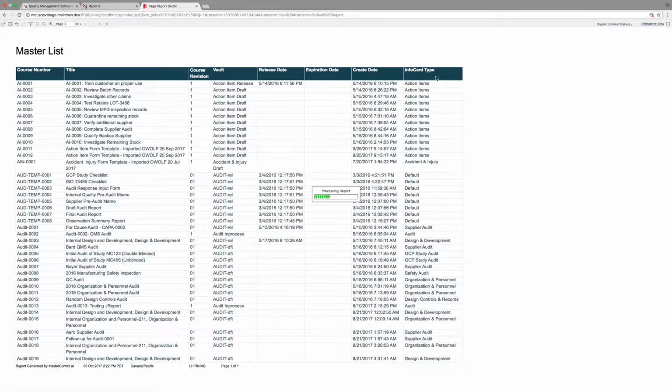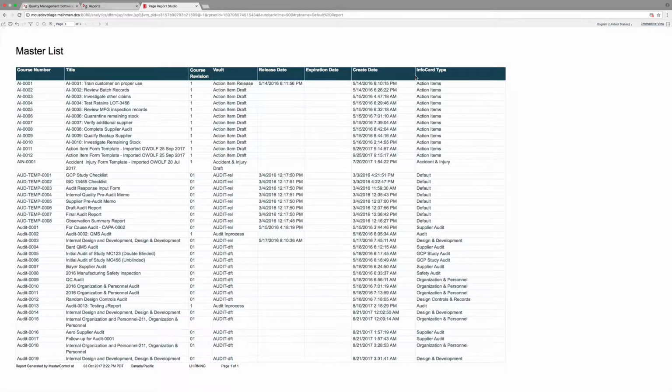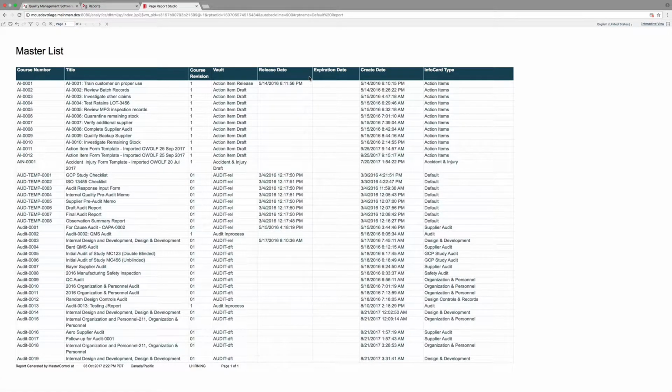Now the one thing as a viewer I can't do is I can't save, I can't do anything permanent. All I can do is do things that I want to do in this interface to modify the report to make it look the way I'd like it to look. So again, I can do sorting, filtering, etc. But if I want to bring back that column, I can just